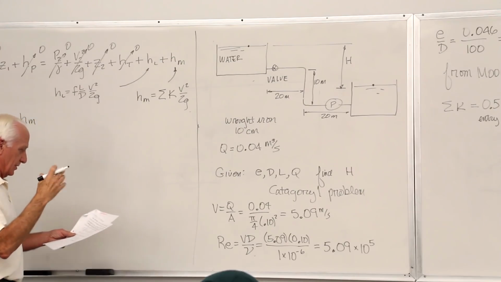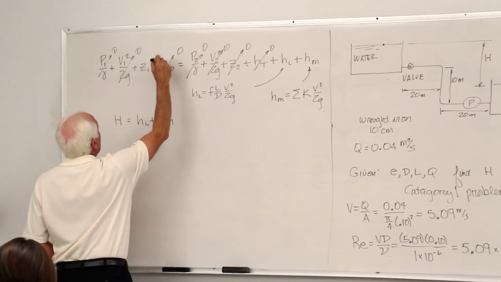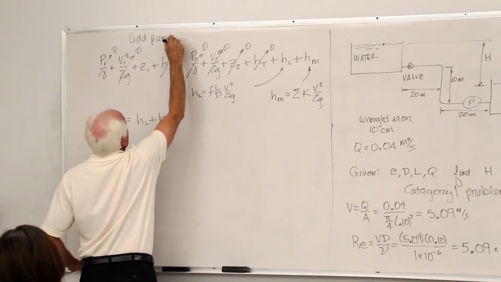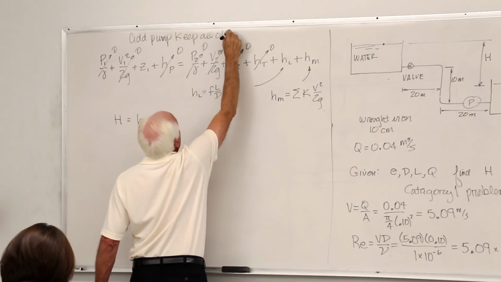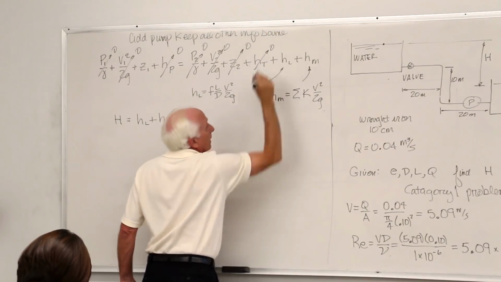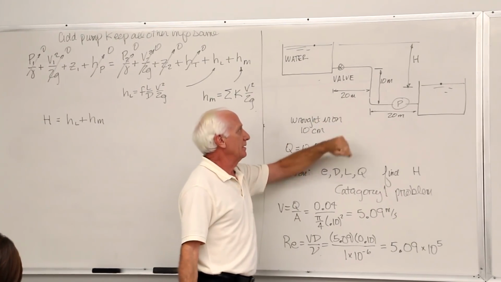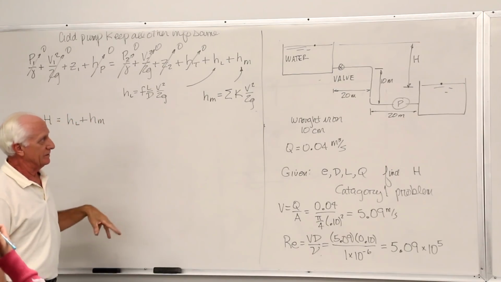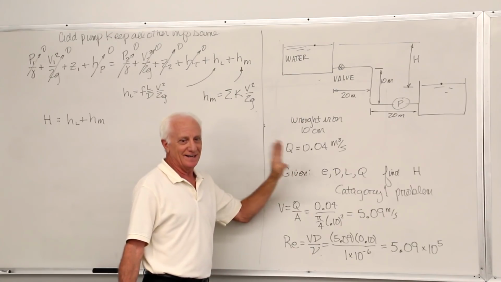And I'm going to use the same conditions. So now add a pump. Keep all other inflow the same. Is there a valve? Yes, there still is. Are there two elbows? Yes, there still are. Is there still 50 meters of straight pipe? Yes, there is. Is the pipe wrought iron? Yes, it is. Is it 10 centimeters in diameter? Yes, it is. Is the Q .04? Yes, it is.